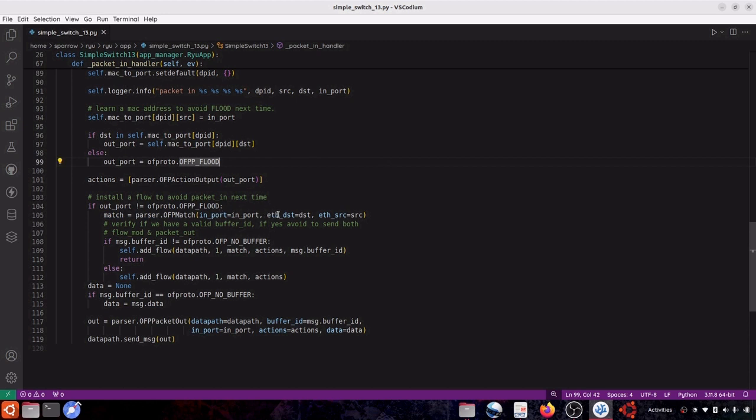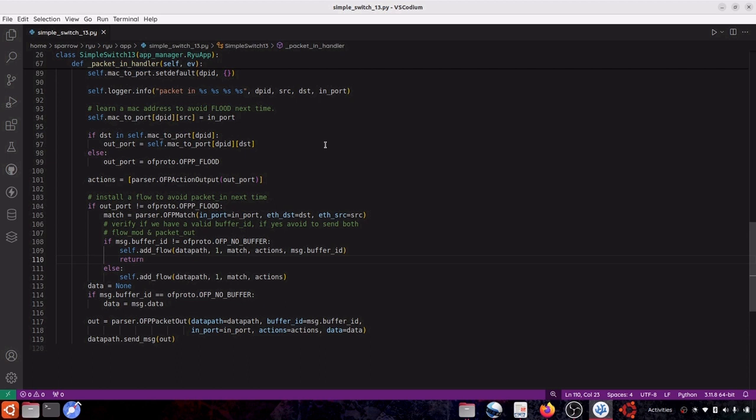It says if there's a packet from in_port with this destination and this source, then it will match this rule. And once it matches this rule, we can add this with the action, that is to forward it to the output. Now we can add this match or this flow with a priority of 1,